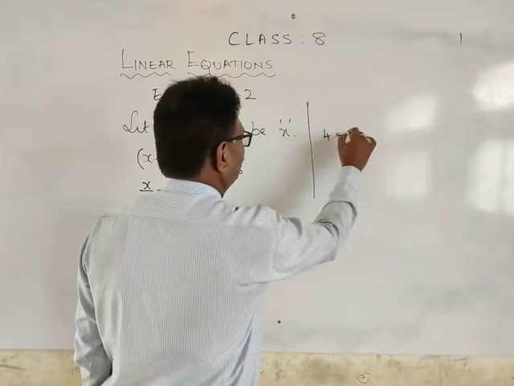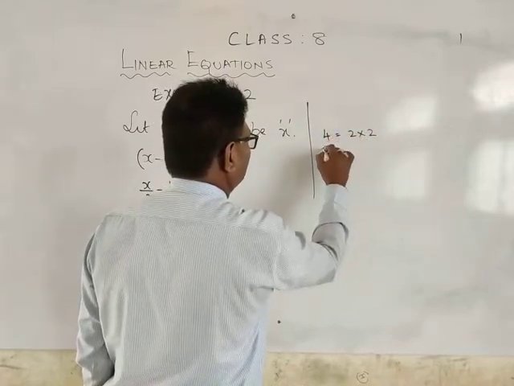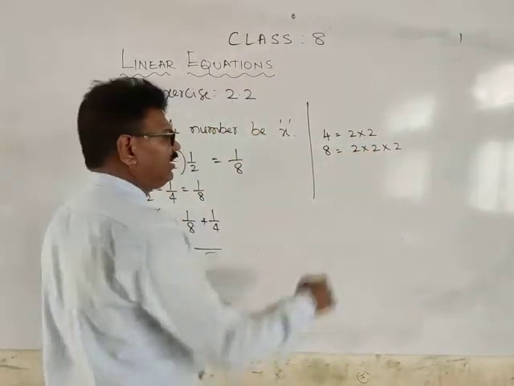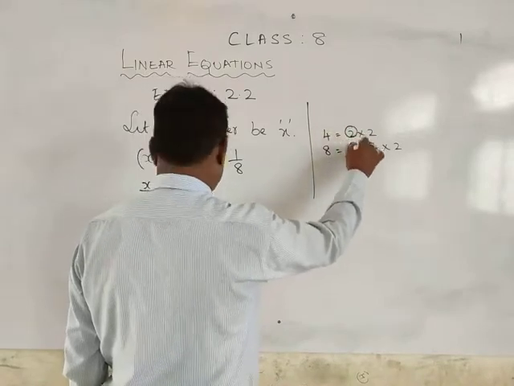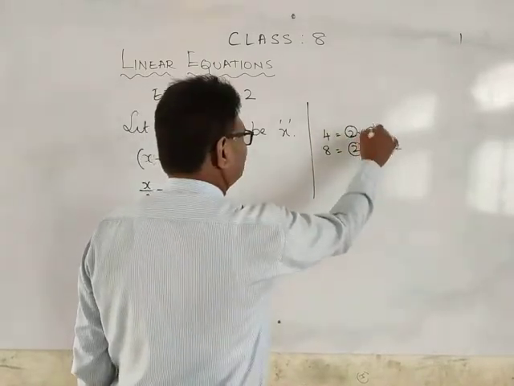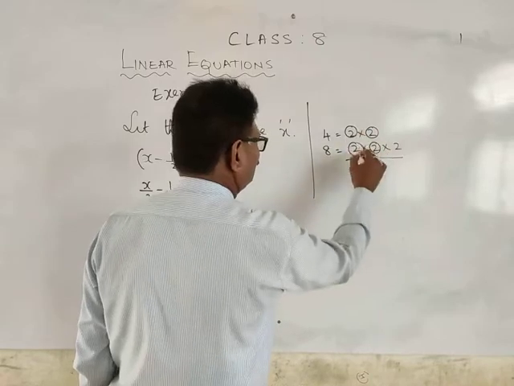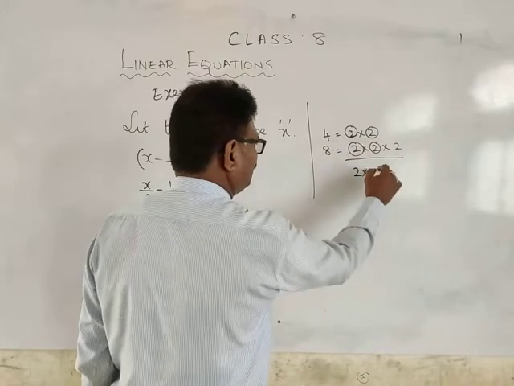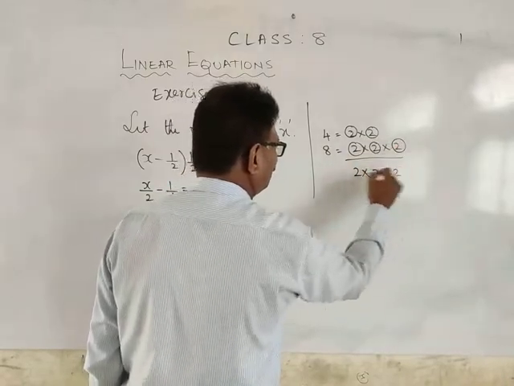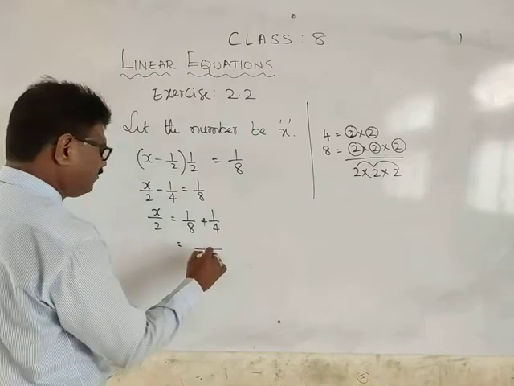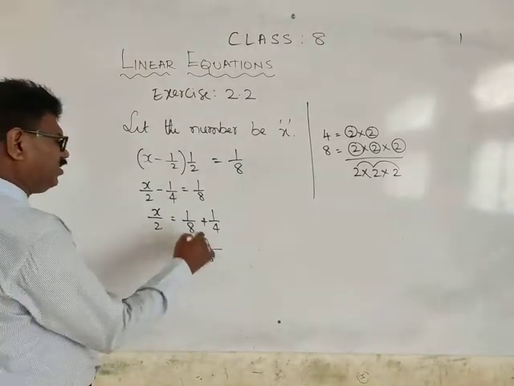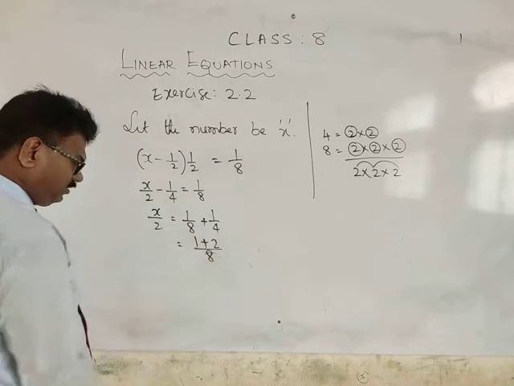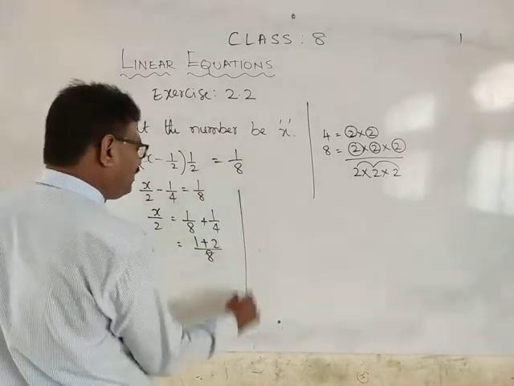So 4 equal to 2 into 2. 8 equal to 2 into 2 into 2. Now take like this. 1, 2, 1, 2. So 2 and 2, therefore common is what? 2. Here also common is 2. And one more extra is 2. 2 fours are 8. Therefore what is the LCM? 8. Now 8 how many times? Only one time. Plus 4 how many times? 2 times. Okay? Therefore what happened?